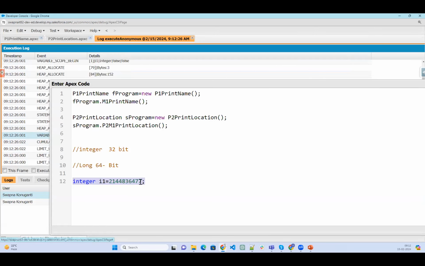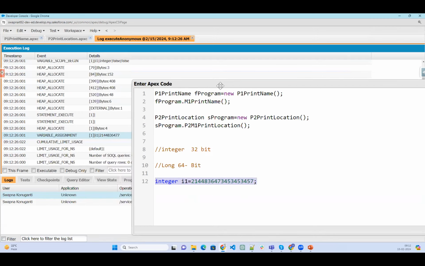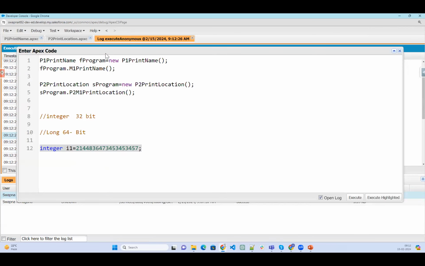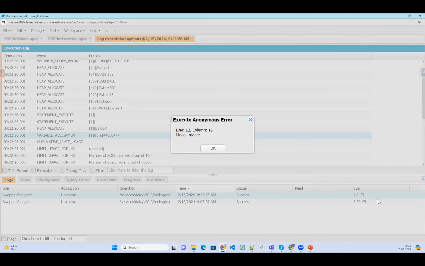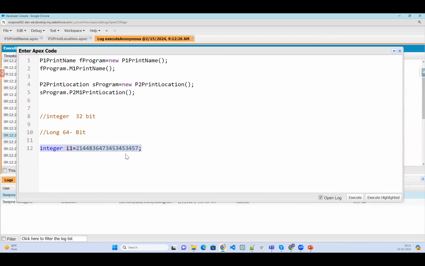Now let's say I'm going to increase this number. Now execute the same one. Illegal integer. Previously, when I used this one, it was working fine.